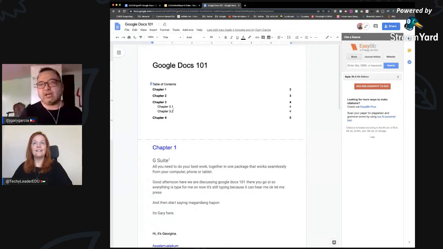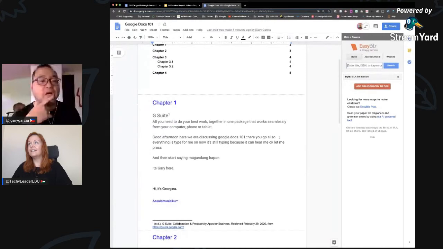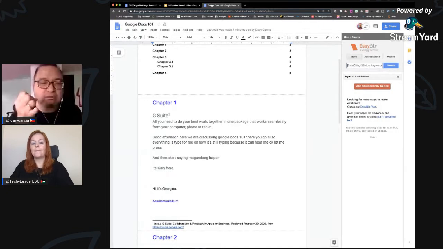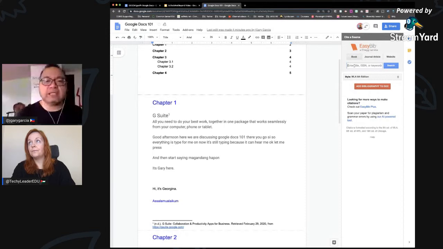Okay, there you go. So in the box, just type the book which you use as a reference. If it's a book or if it's a journal, just type it there and you should see it on the web. And then what you need to do is just click Add Bibliography to Doc. So first you have to search for the book by typing the title. Once you see it,